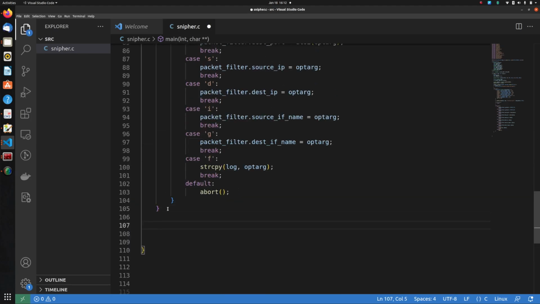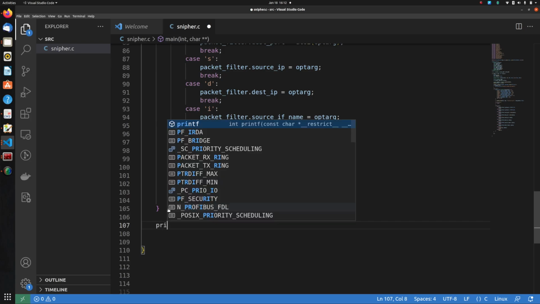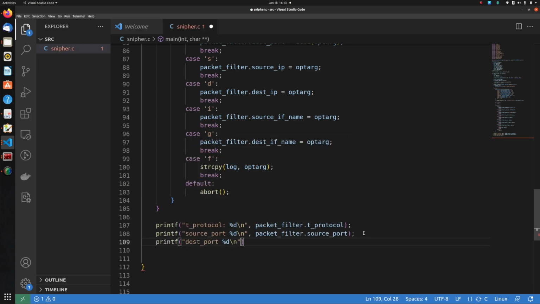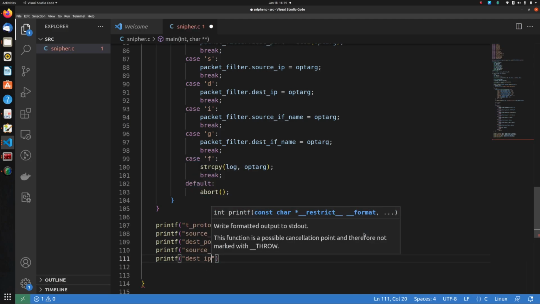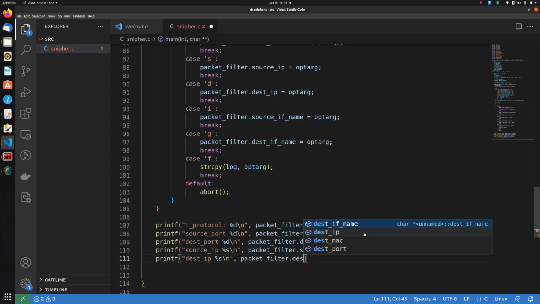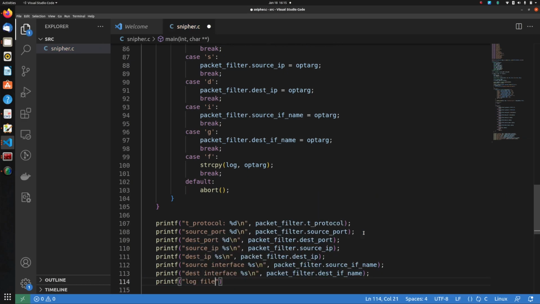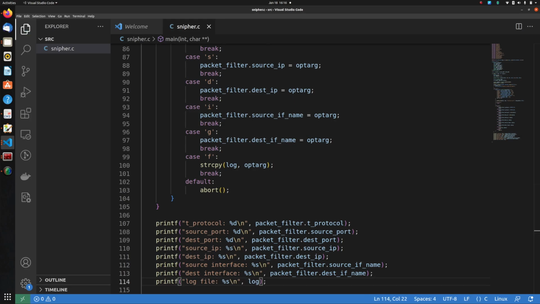Okay. Now what I would want to do is just display all the options that were inputted by the user, so that we know all the filter options are being stored properly and there is no error. This will actually help us for debugging. Later we can delete it if we want. Okay, so now we have logged everything, and